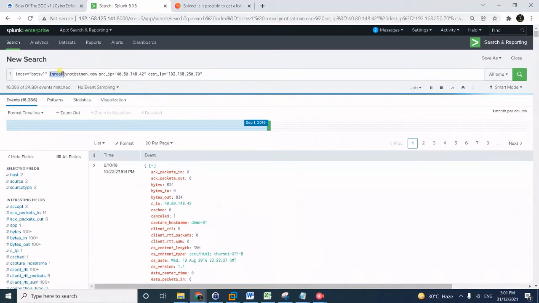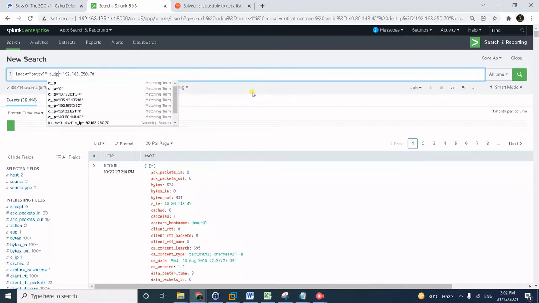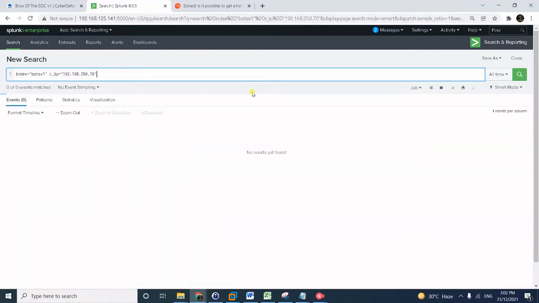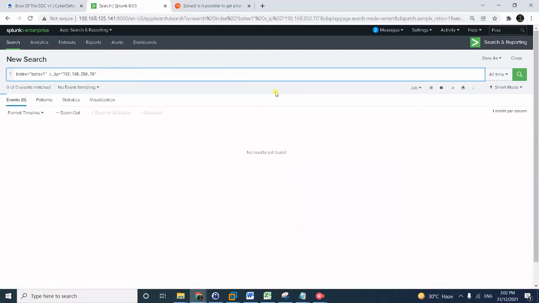Now that we have the IP, let's change this. As I mentioned, since this is defacement, the client now will be the web server fetching the defacement file from the attacker's machine or attacker's server. So let's do that. And then we have to do a count, an additional